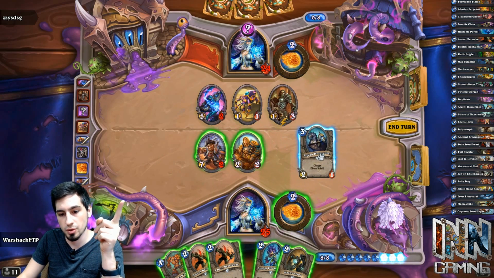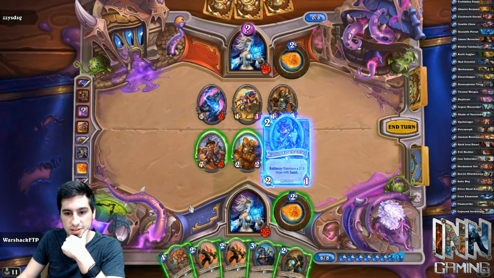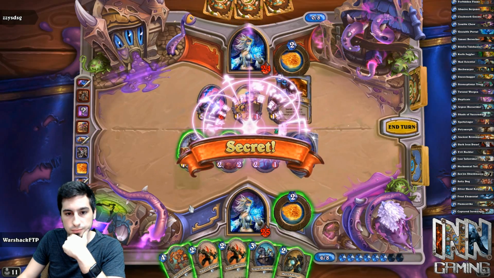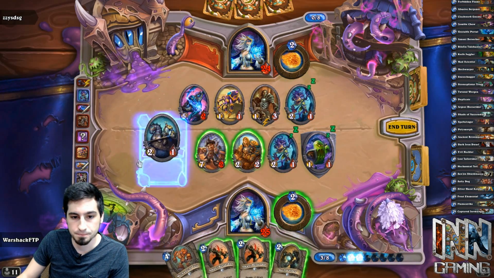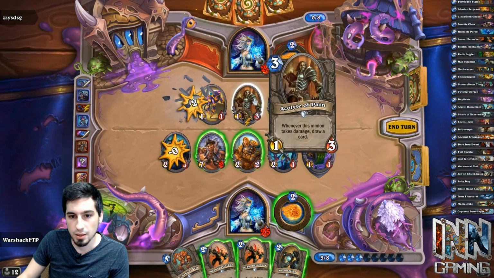Let's play the Horse Rider first. Now, let's play the Tide Hunter first. Okay. Now we know what secret it is. Now we can play around it effectively. All right, so we know we're going to Horse Rider. And the Horse Rider is going to go into here. And then we know that...